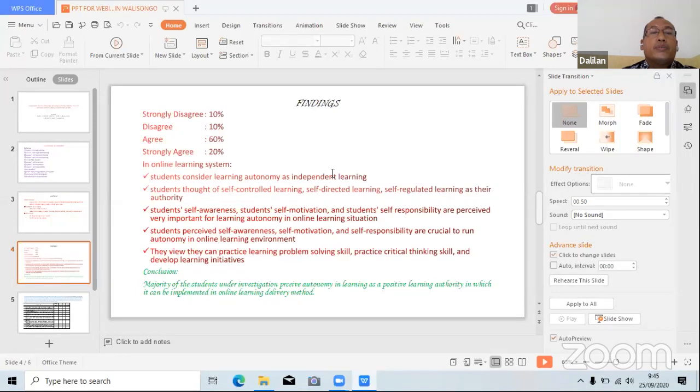I just focus on findings. In students' view, online learning systems shouldn't consider online learning as independent learning. Students thought of self-controlled learning, self-directed learning, self-regulated learning as their